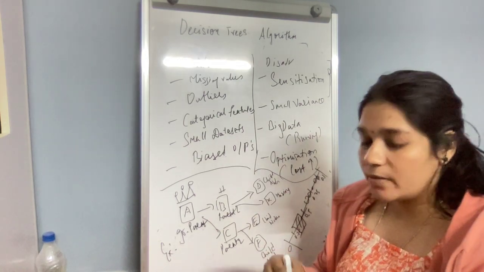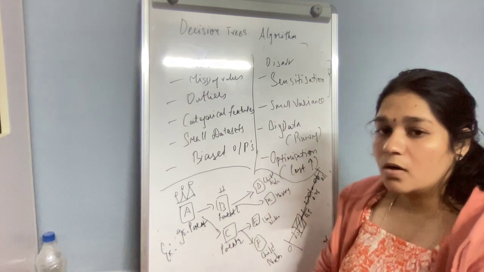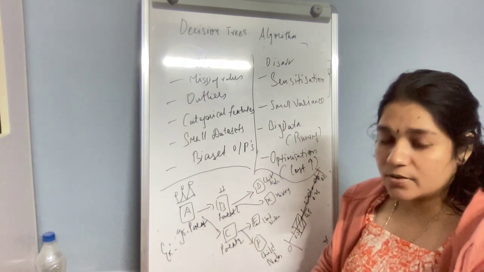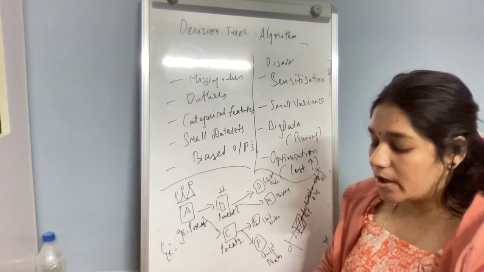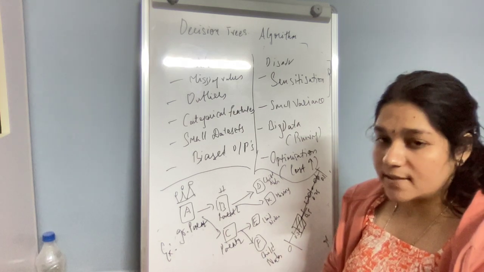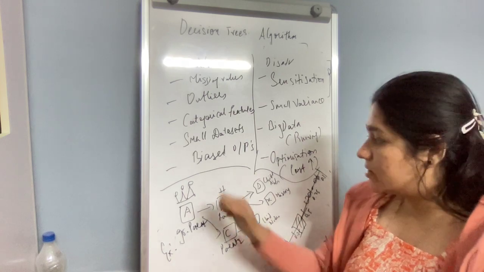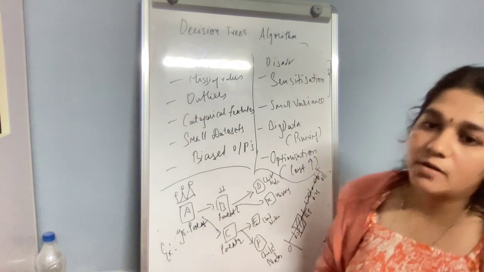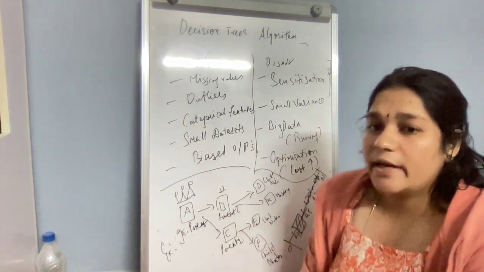Outliers are missing values, repetitive values, redundant values, or continuous values, which are actually not important, because if most of the data is outlier data, then the decision might be biased. So you know that entropy, if there is lots of